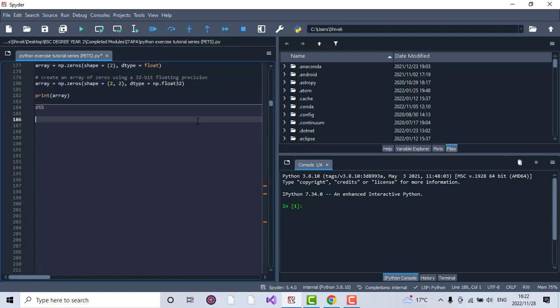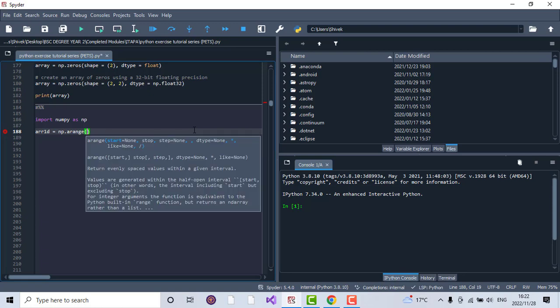I will create a cell and I will import NumPy again, so each time I run my code, I'm not running all the lines we previously coded. Let's take things one step at a time. Firstly, I'd like to proceed and create a 1D array. To do that, I'm going to use the arange function, and by now you guys should be very on par with what the arange function does, as well as the names of the parameters themselves,